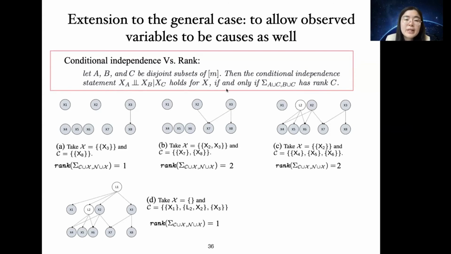So we can make use of this condition to allow a more general causal discovery